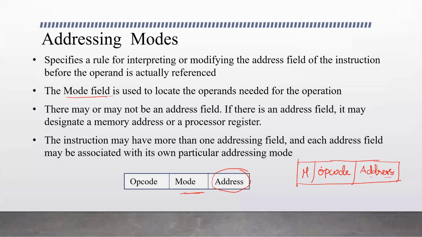This is the address of the operand, and here is the operation that is decoded, and M is the mode that specifies the type of the address used. With this field, we can understand whether the address in the address field is the actual address of the operand or it is to be calculated. When there is a single address, we will have a single mode field like this. And when we have more than one address field, every address field needs to be associated with a mode field.